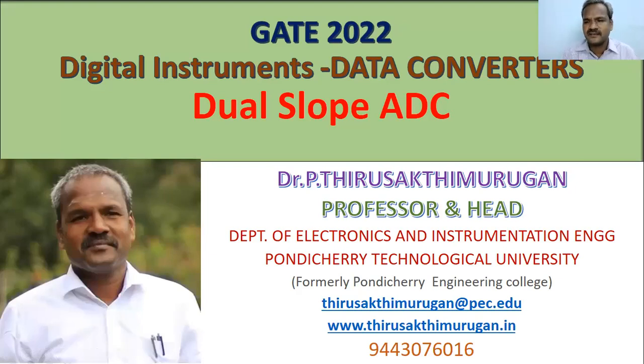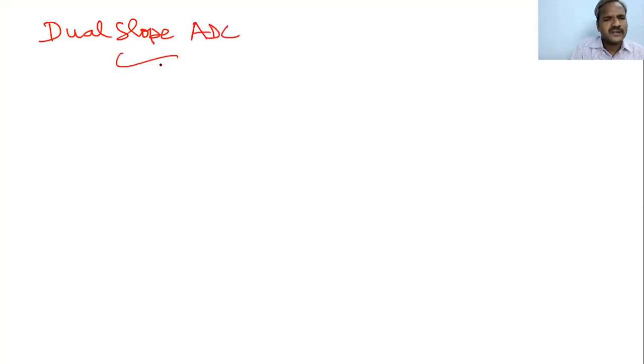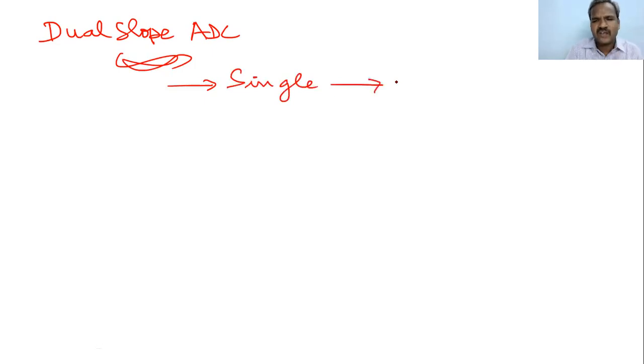This dual slope ADC is the most popular ADC among other ADCs because the single ramp ADC is superimposed with noise, which causes more error. Whereas, in the dual slope, or dual ramp...